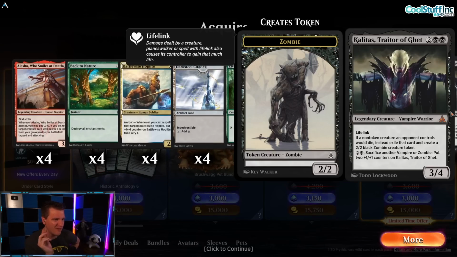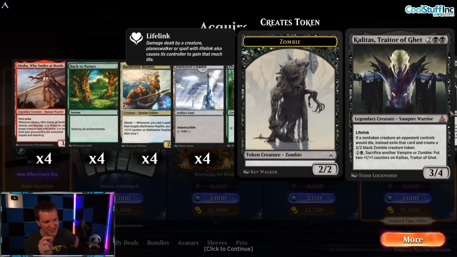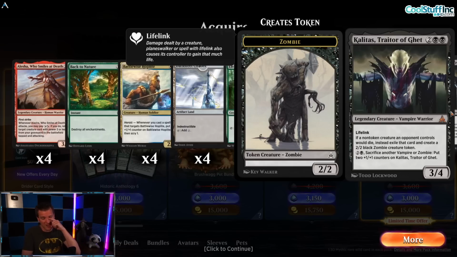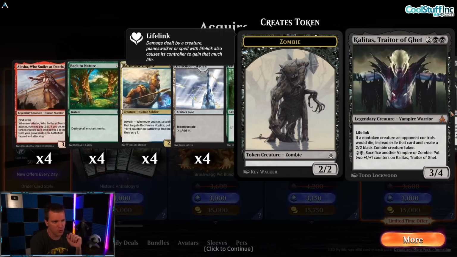Two black, 3/4 Vampire Warrior, lifelink. If a non-token creature an opponent controls would die, exile it instead and create a 2/2 Zombie. Two and a black, sacrifice another Vampire or Zombie: put two counters on Kalitas. Anyway, what a cool vampire. Really good in the Sorin Vampire tribe decks for sure, to have another great hit at